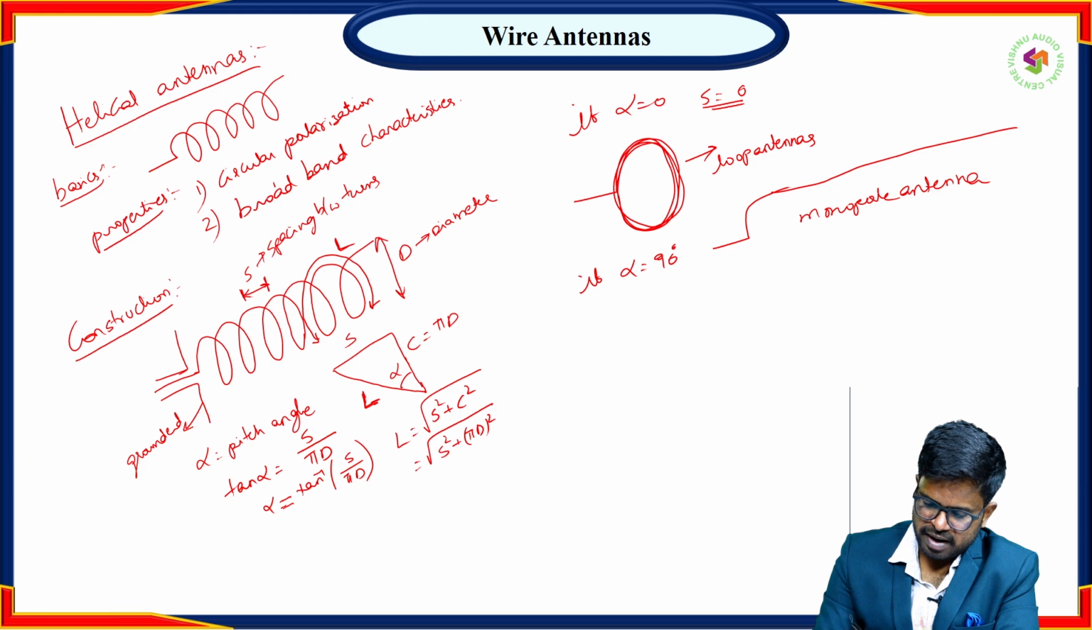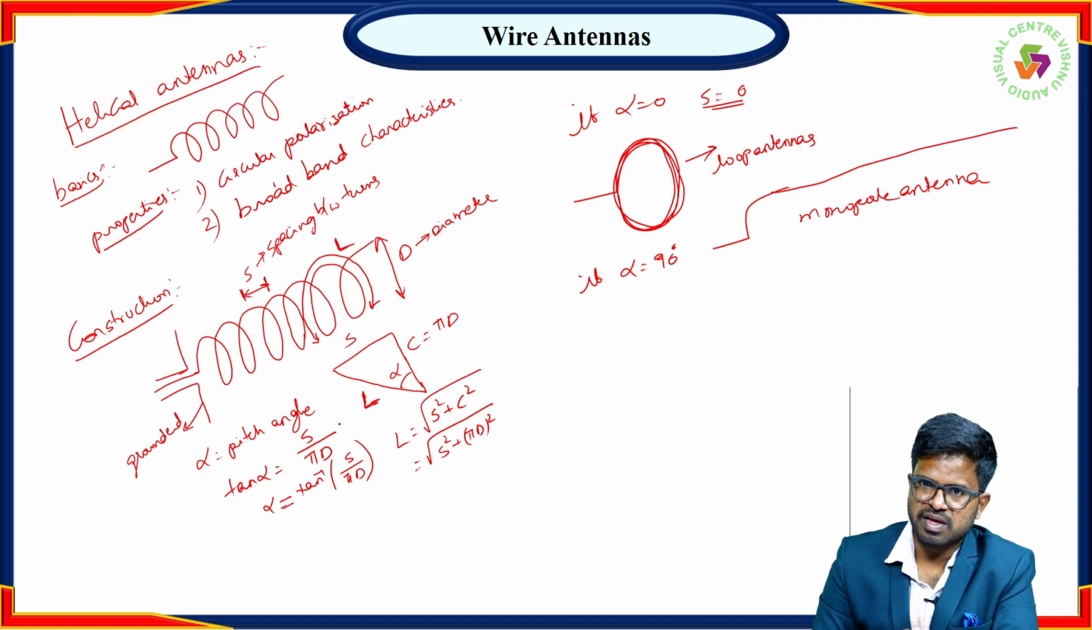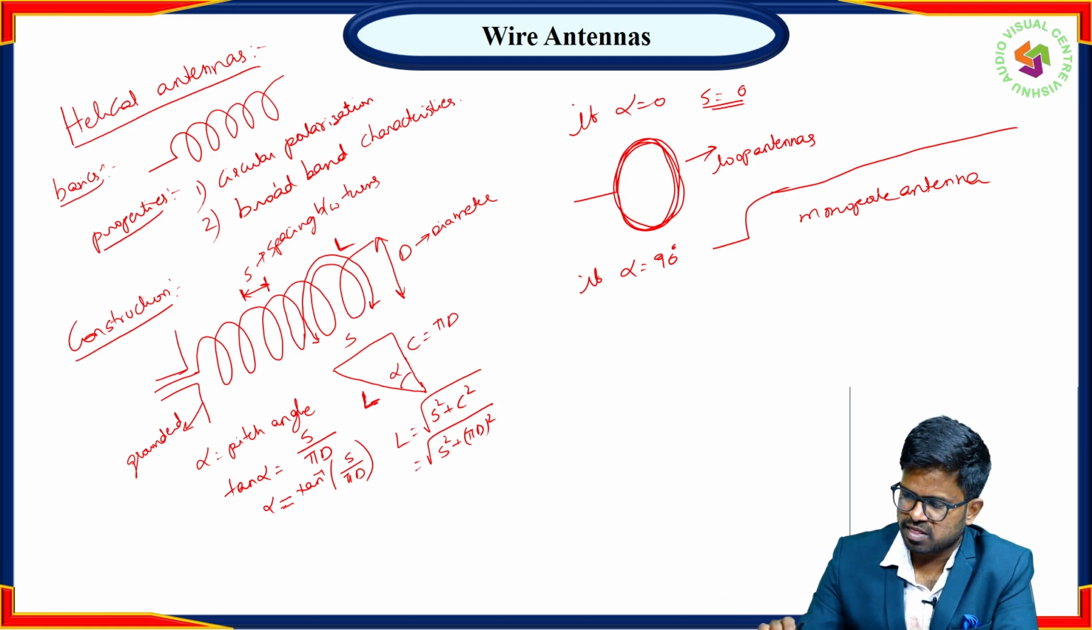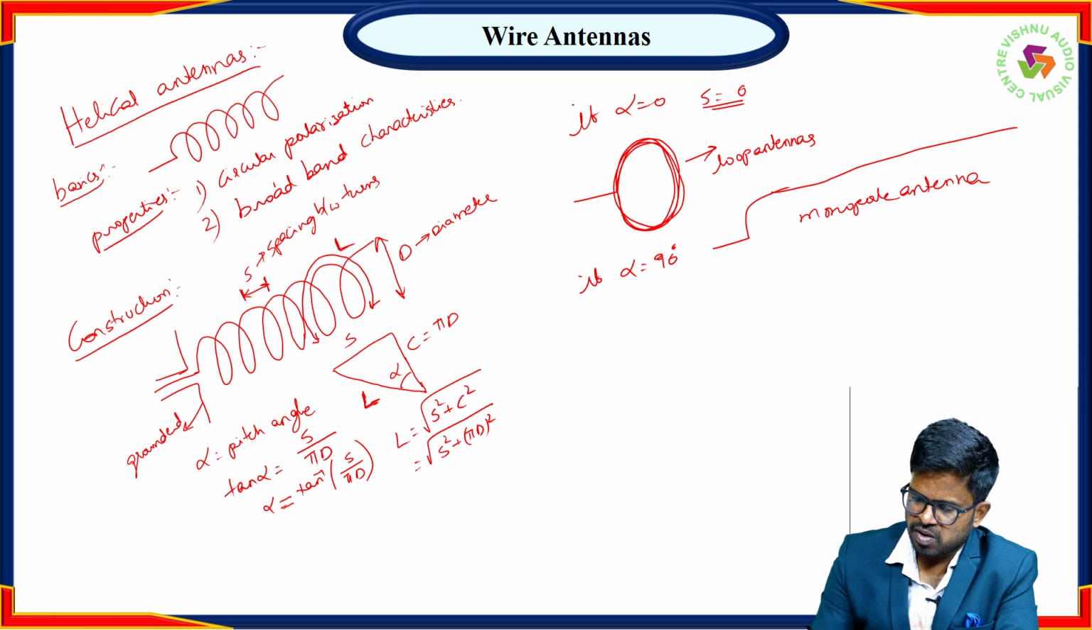See here, when S equals infinity, when alpha is 90, S should be infinity, so that there is no turn. So there is simply a wire that we will take. That simple wire will act like a monopole antenna. Okay, now, to design a helical antenna,